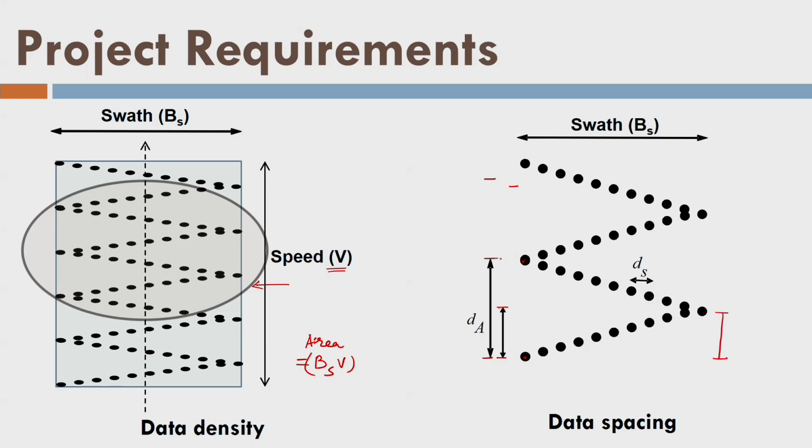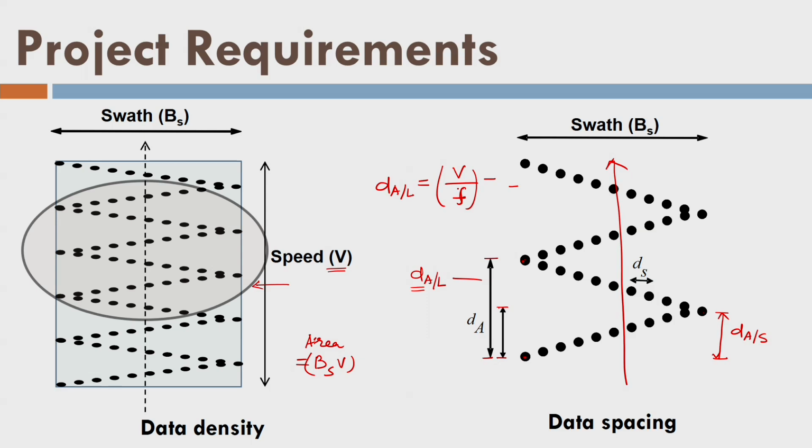So let us call this one the long spacing, the along track spacing, and this one the short spacing. Why? Because this is the flying direction here, right. Now, we can see that this is along the flight line. So I am saying along flight line spacing or along spacing, and you can see here that the along spacing, let us say I am writing it L first, is given by V by F, where we have the scanning frequency F.